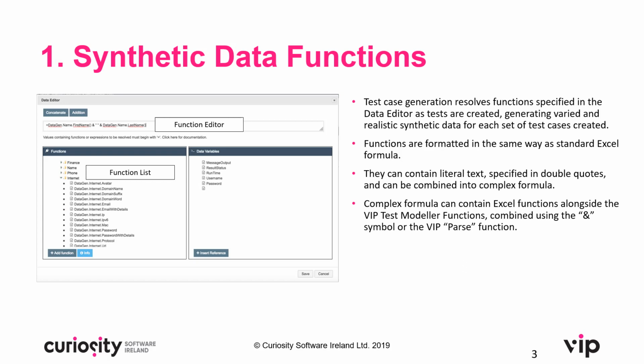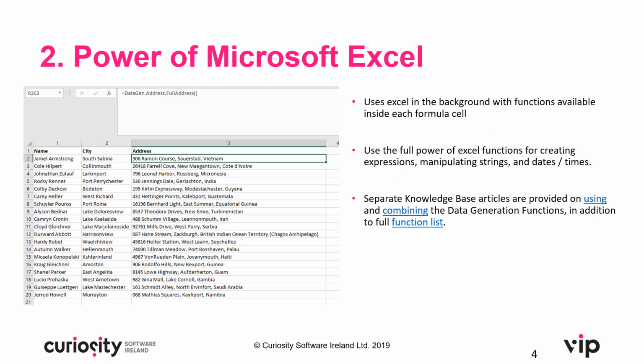Synthetic data functions are overlaid on top of the model in Test Modeler using the data editor window. Formulas are formatted in the same way as standard Excel formulas. They can contain literal text specified in double quotes and can be combined into complex formulas. All of the data generation functionality in Test Modeler uses Excel in the background, with all the functions available inside each formula cell. This uses the full power of Excel functions for creating expressions, manipulating strings, and also resolving date-time values. If you head over to our knowledge base, you'll be able to see a full list of the data